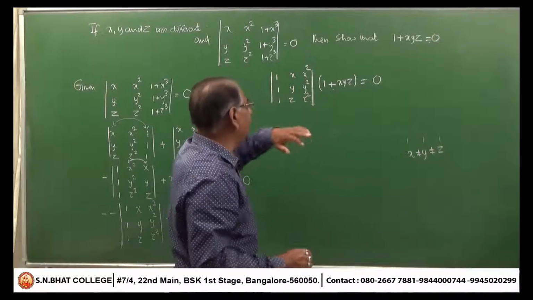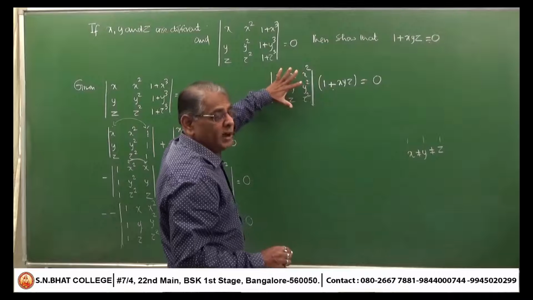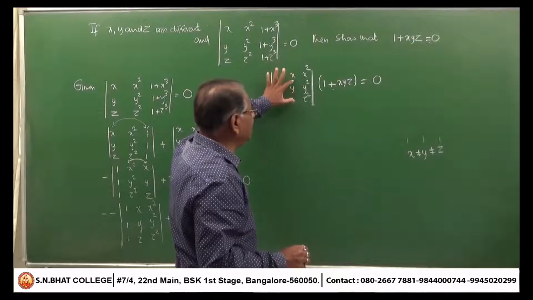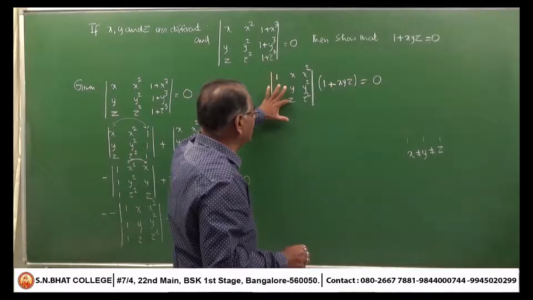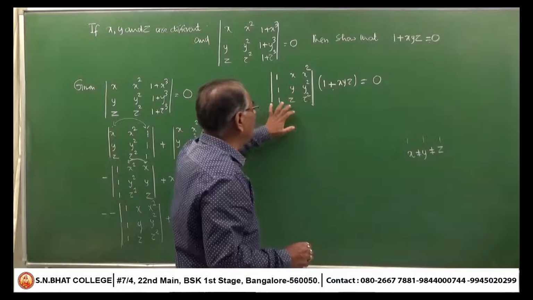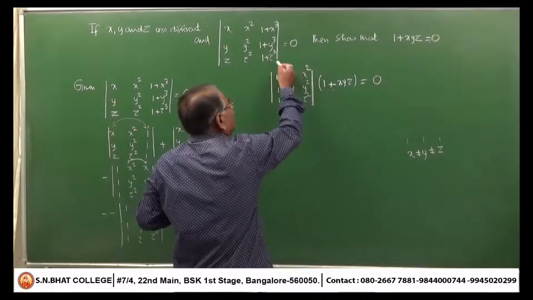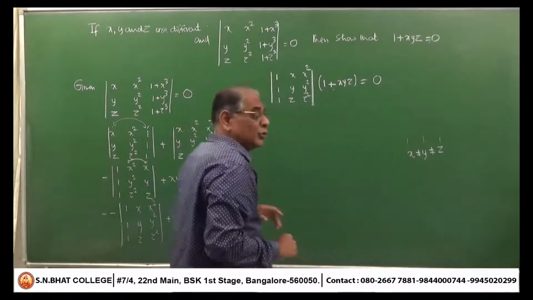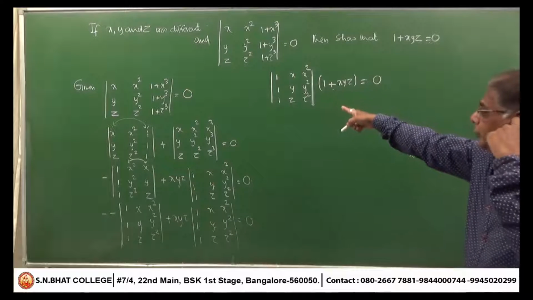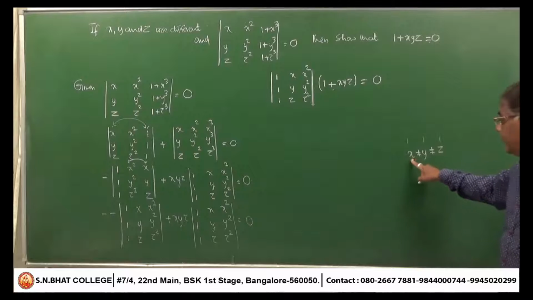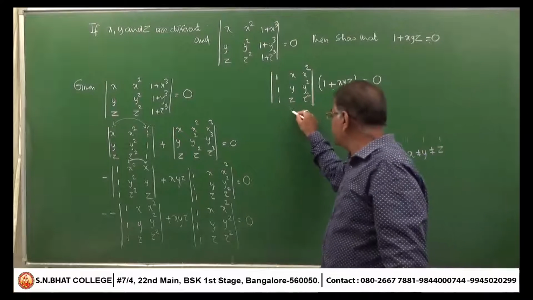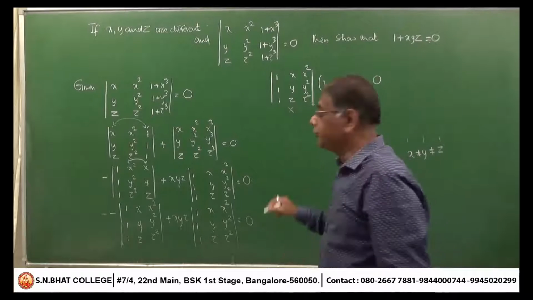Since x, y, z are different, this determinant cannot be equal to 0. Suppose these three are equal, x equals y equals z equals 1. Then this becomes 1, 1, 1, 1, 1, 1, 1, 1, 1. Then this determinant becomes 0 because two rows or two columns are identical. In the problem it is given that x is not equal to y, not equal to z, which means this cannot be equal to 0,